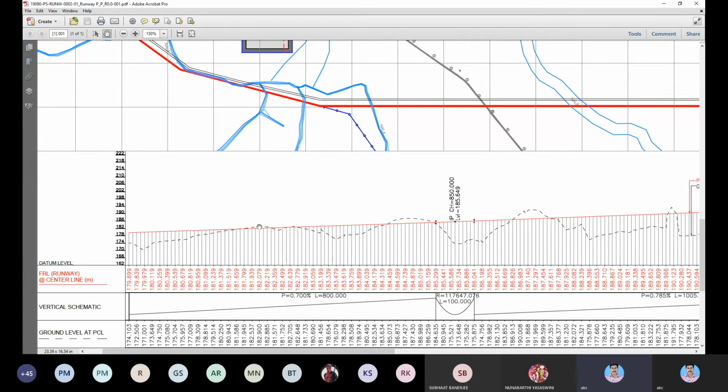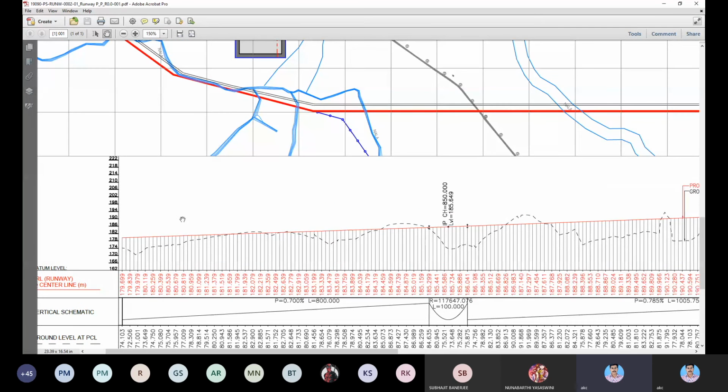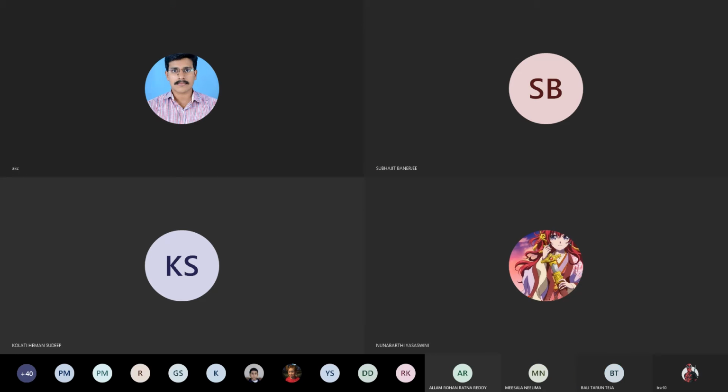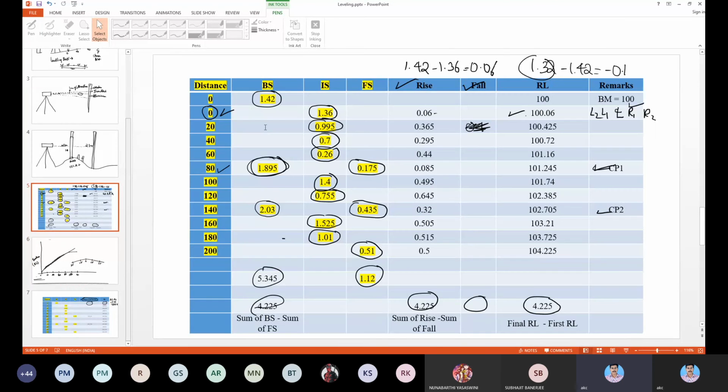Okay, so now this is what you'll be doing in this exercise. Basically, in AutoCAD, you will draw an x-axis with the chainage or distance like this. Whatever distance we got here, the 0, 20 and all, you will draw on the x-axis, and this RL you will put on the y-axis.